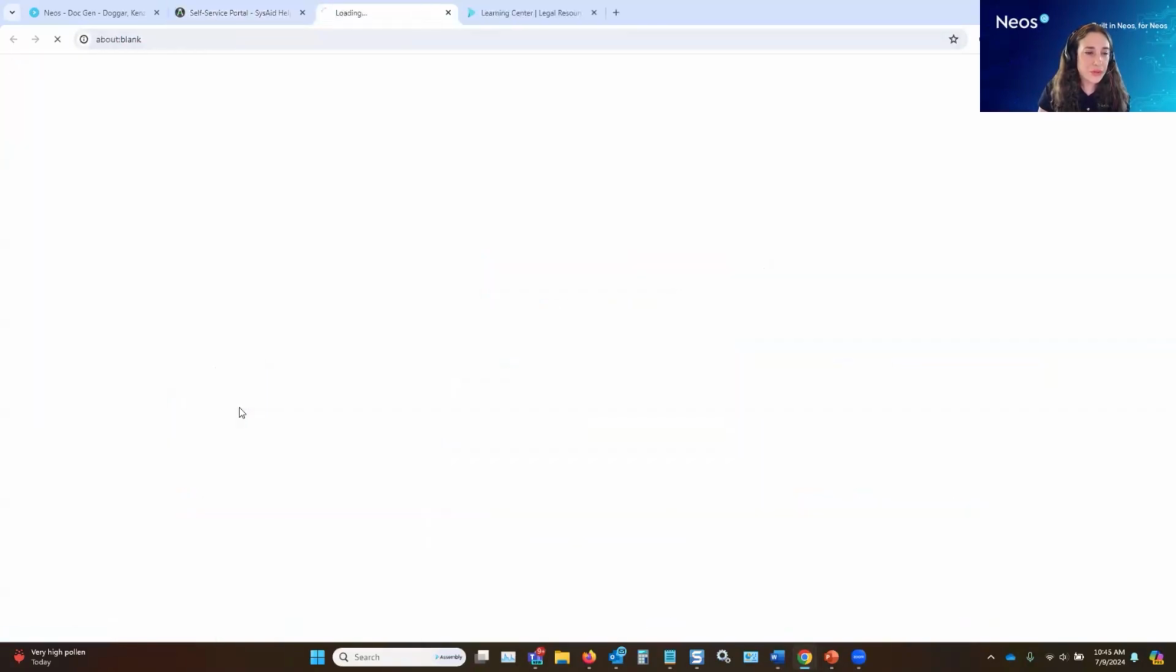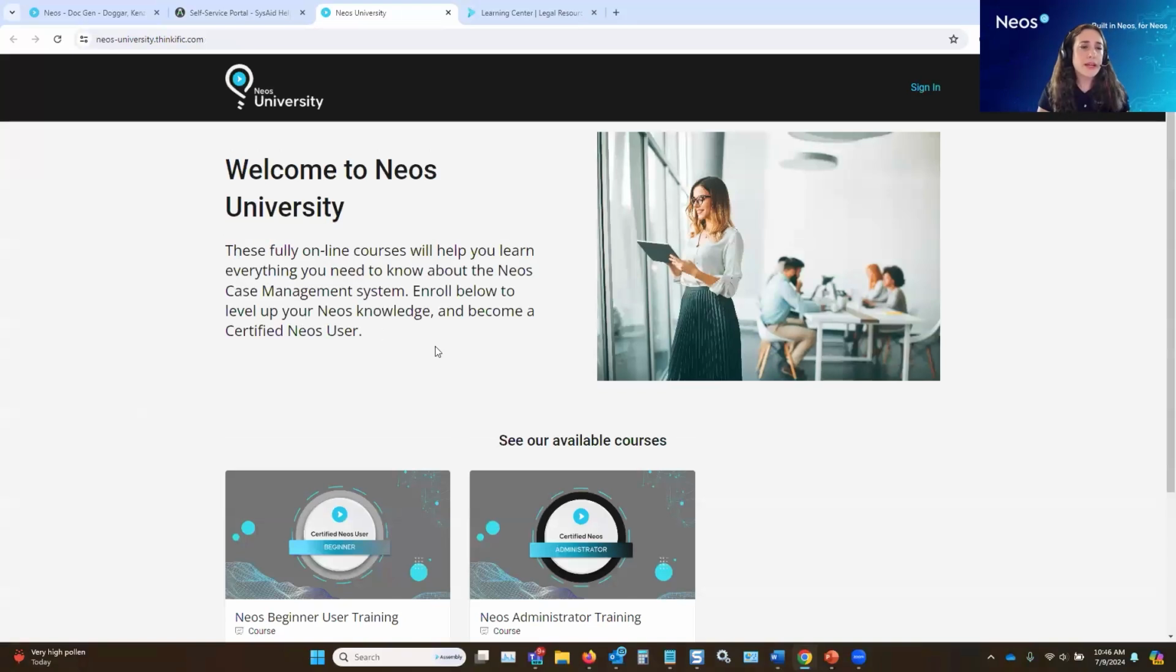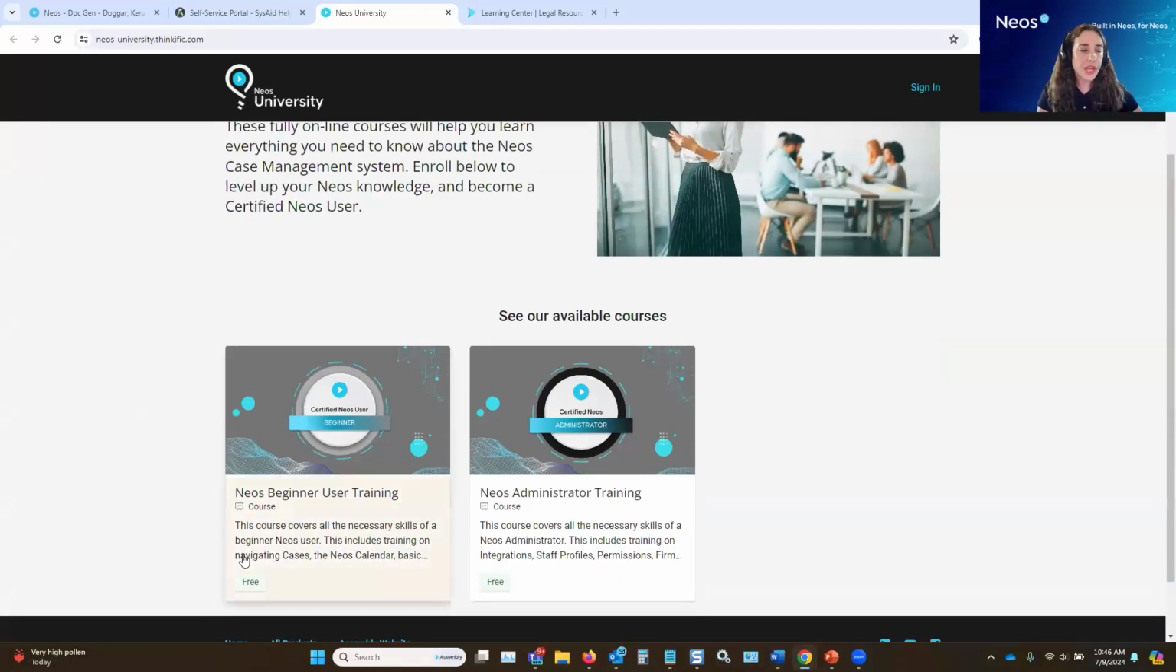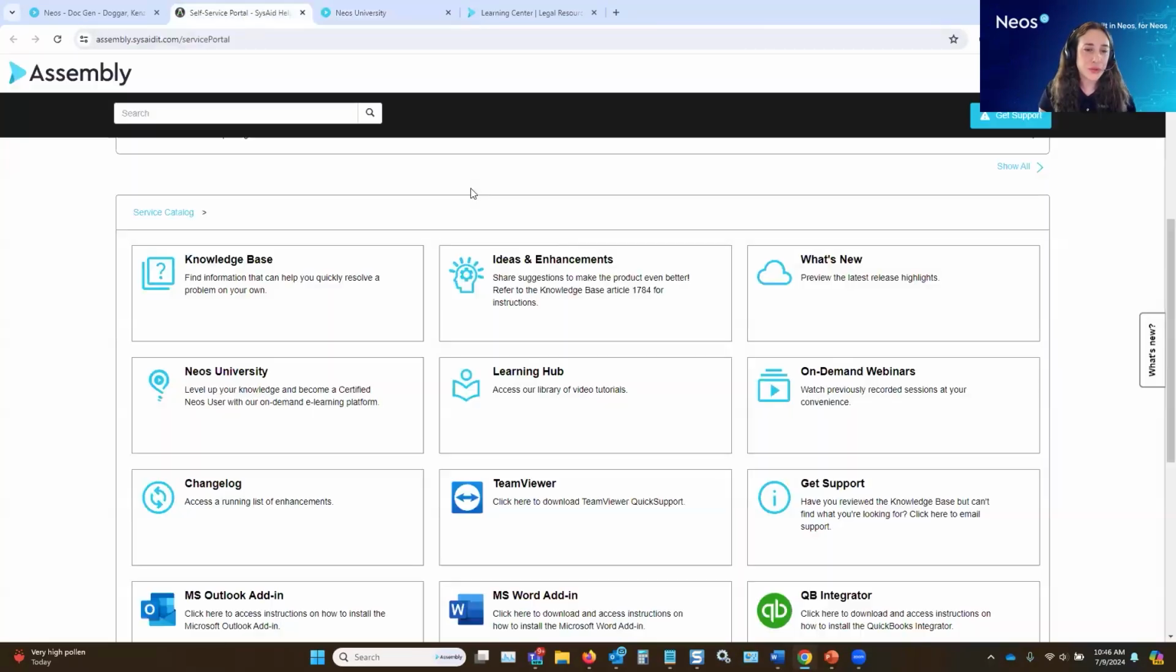Again, our Neos University is a wonderful tool to become a certified Neos user. We have 2 courses currently, for beginner user and administrator, but we also have new courses on the way. Those will be coming very soon. And then you'll get a Credly badge. The great thing about that also is it's completely free and you can take it all in your own time. It saves your progress, and then you'll get a nice Credly badge